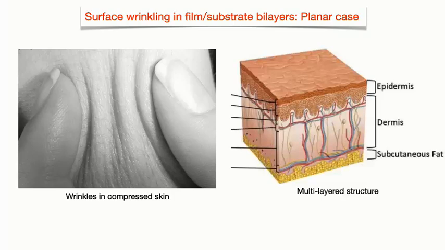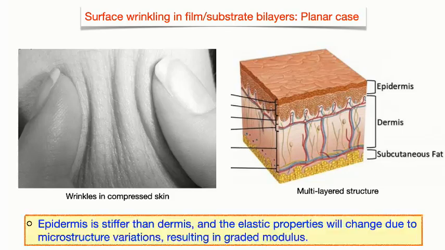And when you look at the structure of the skin, it consists of epidermis, dermis, and some fats, okay? And usually, the epidermis is stiffer than the dermis in order to protect your skin. And the elastic properties will change with position because of the existence of the microstructure. So actually, it's not a homogeneous body, but it's an inhomogeneous or graded body. It contains a graded modulus. So to study this,